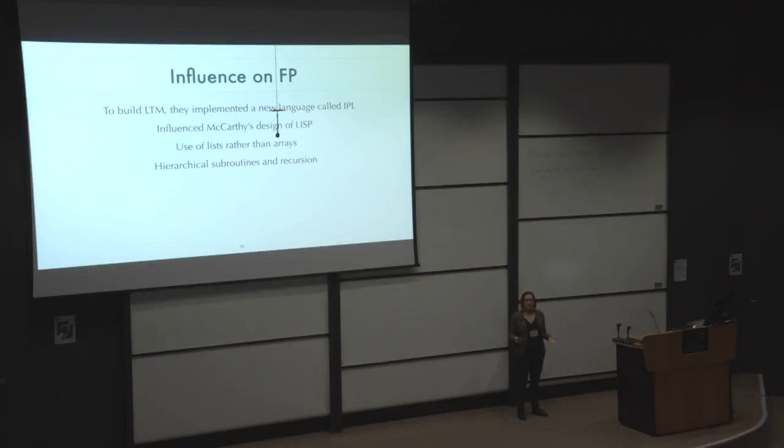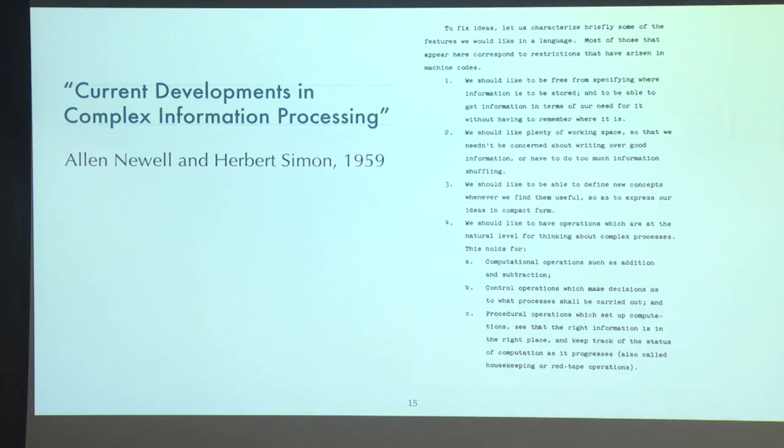Among its notable new features that had not been seen before were its use of lists rather than arrays, and hierarchical subroutines and recursion, which they identified as really being critical to the procedures that they were implementing. The use of repeated subroutines involved a level of nested function calls that really wasn't common in programming at the time. They later followed up this project with a paper called Current Developments in Complex Information Processing, where they're